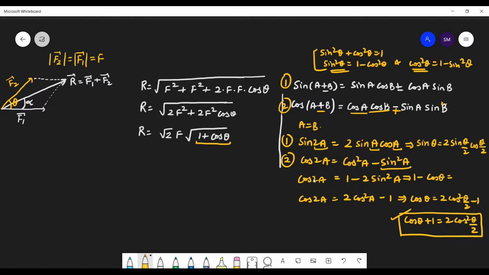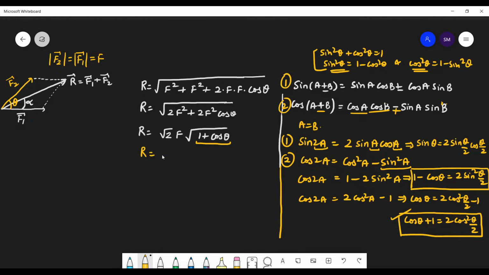So because this will come this side and this will go that side, that is equals to 2 sin square theta by 2. So these are two very important formulas, and if it is cos theta minus 1, then it will be minus 2 sin square theta by 2. Is this clear, students? Yes, sir.